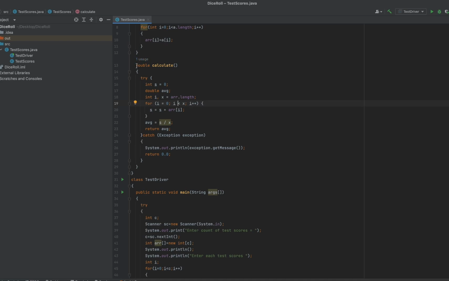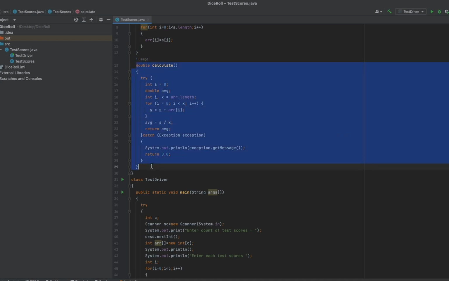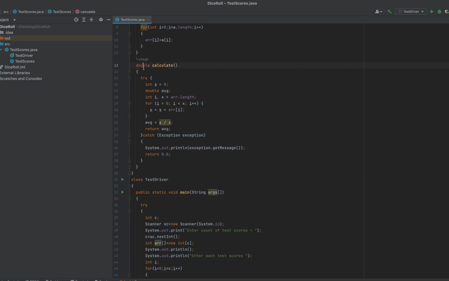Other than that, second, I created a function calculate of double type to calculate the average. In this function, I am iterating over all the values of the array and adding all the values to a variable named s. Initially I set s to 0, and after summing all the values, I am storing the sum by the average. As we all know, to find the average, we need the sum of all the values and the number of values. So here I am doing this, and when I get the average, I am returning it